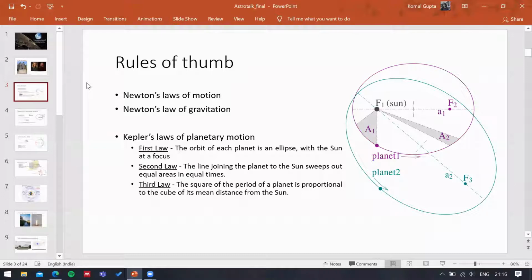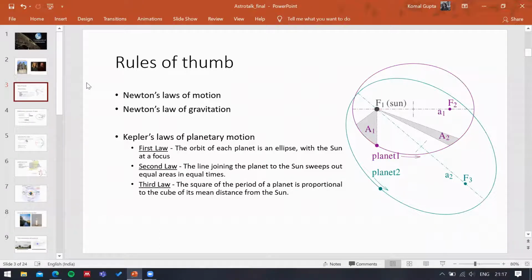The rules of thumb that astrodynamics follows are, first, Newton's laws of motion and Newton's law of gravitation, which both appeared in the Principia in 1687. Then there are Kepler's laws of planetary motion. Kepler's laws appeared in 1609, which was before Newton came up with his laws, and Kepler's laws were only